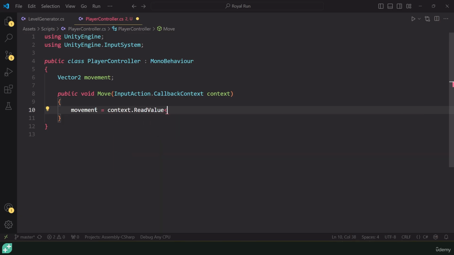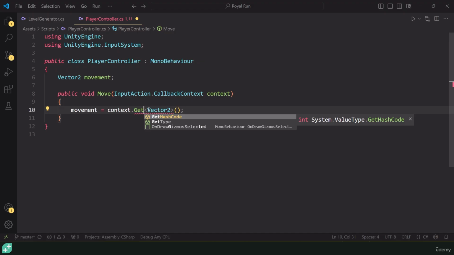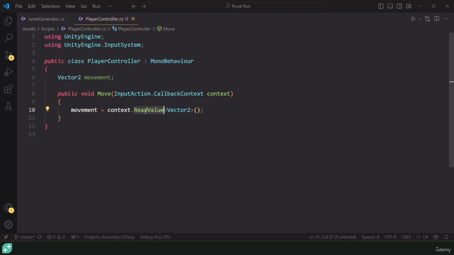Inside of our move function, let's set movement equal to context.readValue, and we want to read the vector2 value that we're getting from our callback context. So very similar syntax to how we were getting this similar information when we were broadcasting messages. When you're broadcasting messages, it's something like get vector2. When you're using the callback context, you're actually going in and reading the value with .ReadValue and getting that